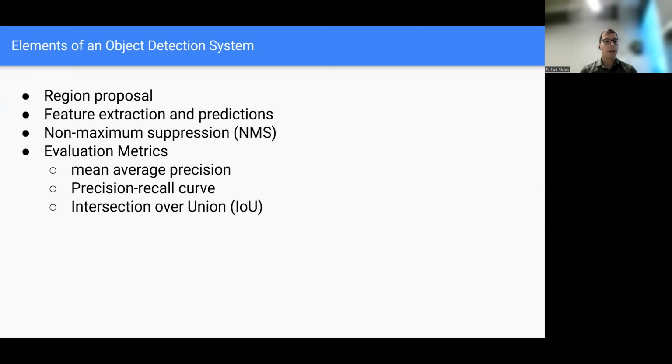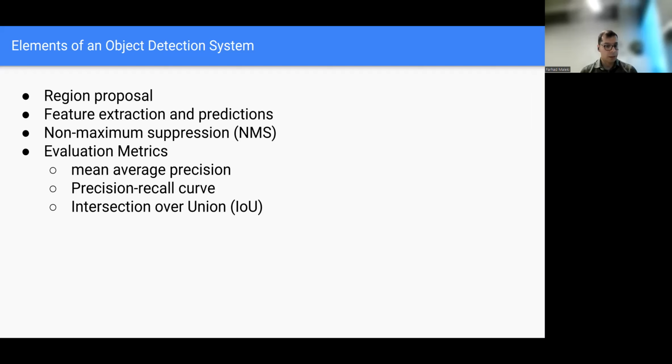Usually we want to take a look at a large number of regions and find those regions with an object within them. Of course, we don't want to process too many regions, and also we don't want to process regions that have no information or no object in them. So there is some sophistication that could happen within the region proposal component.